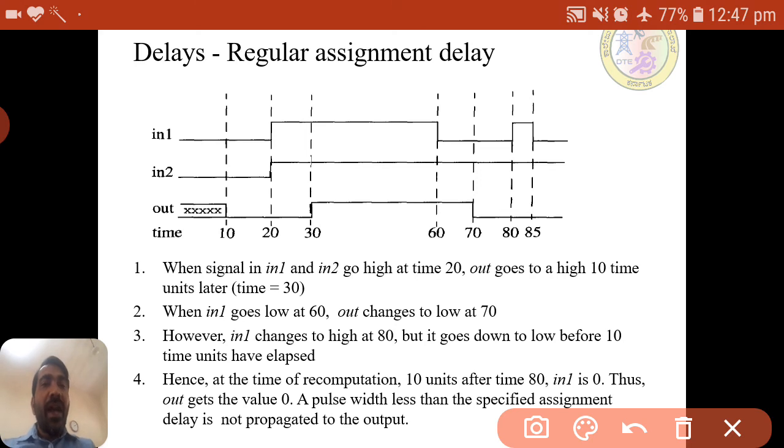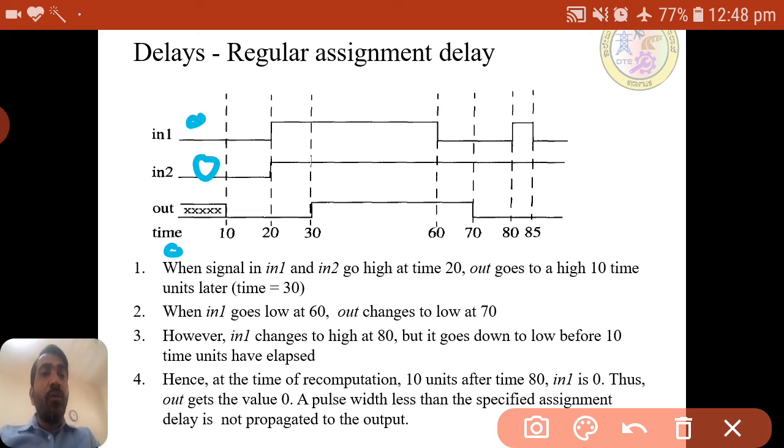The inputs are given through the waveforms. Here we only need to see the inputs and analyze. So here inputs are 0 0 at time 0. As the inputs are 0 0, and as I said earlier in the previous delay examples, the delay is 10.